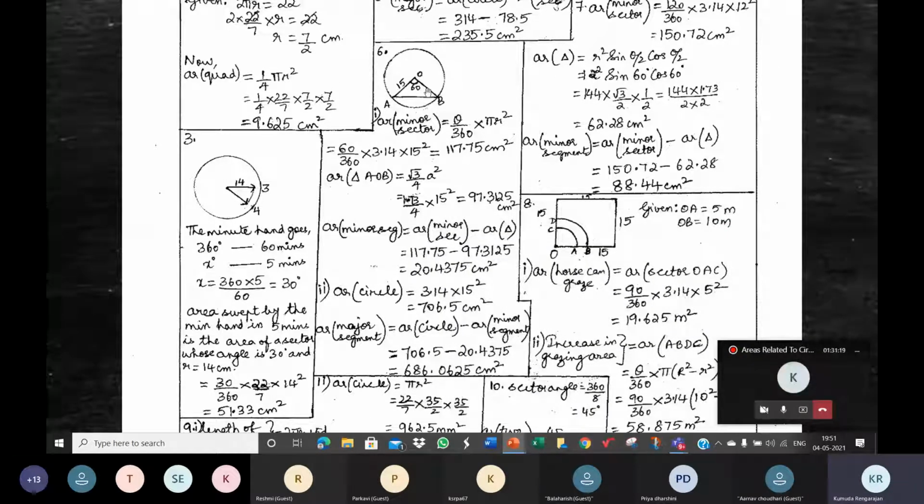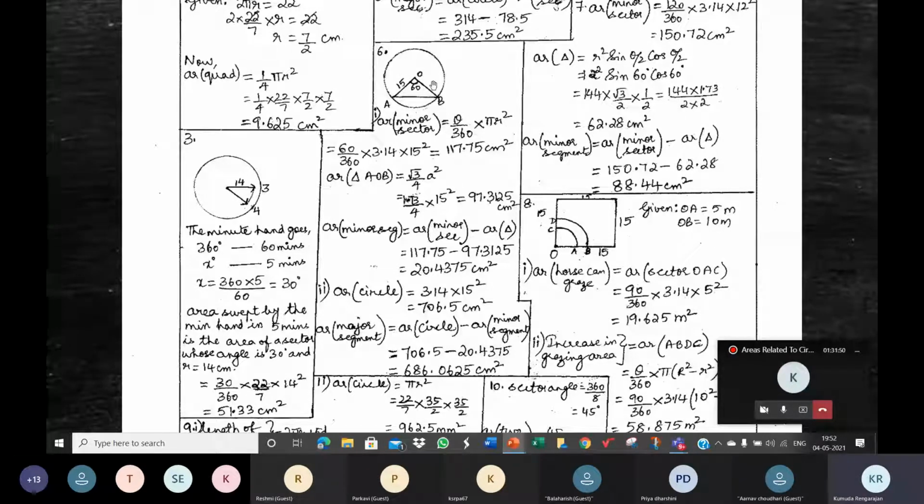So coming back to our discussion. AB, this is the major segment which has the area of the triangle and the area of the major sector. So you can also find the area of the major segment like that. If you want to find the area of the major segment, see what are the two areas in it. It is the area of the triangle. You already have that, no? Area of triangle, we already have. What is the other area? You should find the area of the major sector.